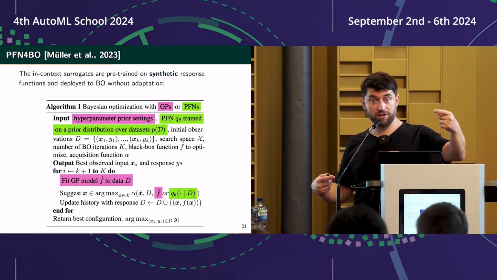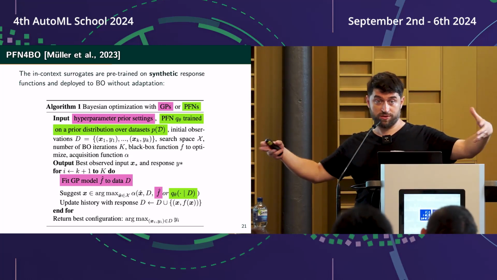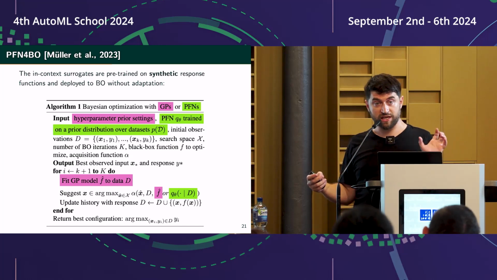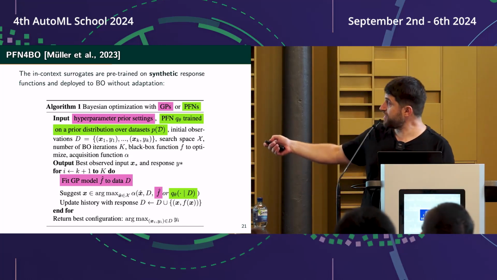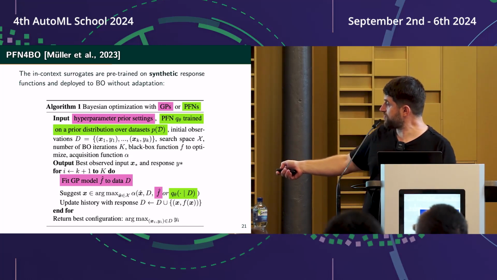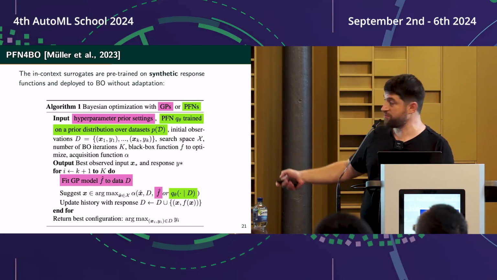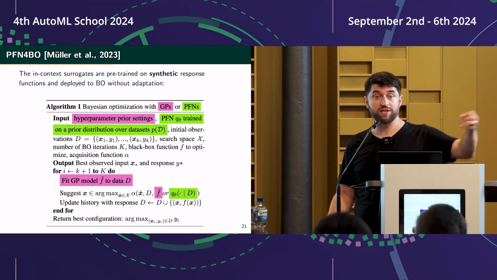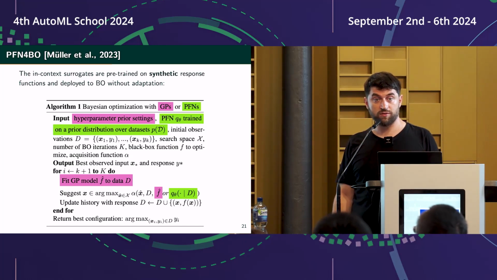You use the meta-learned transformer network, those are large transformer networks, and feed the full set of observations so far, this data set D, as an input to the transformer, and then you feed the hyperparameter that you are interested in,